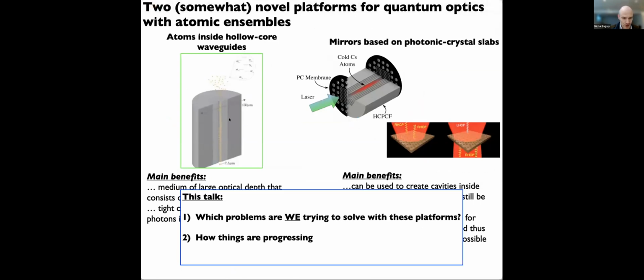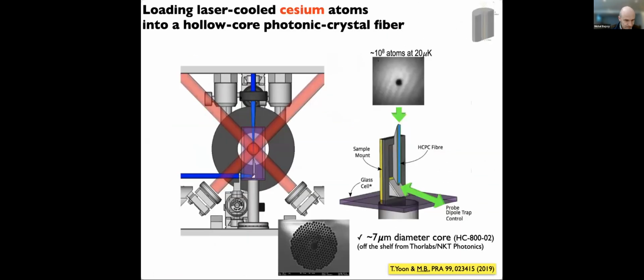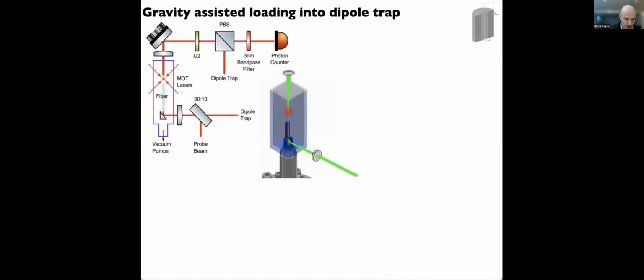So just very quickly, I'll try to talk about the atoms inside the hollow core waveguide and the experiments we are doing with that. So what we do here, we start with a conventional magneto-optical trap, which is the standard workhorse of atom cooling. We create a cloud of atoms with about 100 million atoms at 20 microkelvin, and then we just drop it onto the face of this hollow core fiber. And we also couple what is essentially an optical tweezer into the fiber, so you get a potential that pulls the atoms into the core. So it is not a very efficient process, but it's relatively simple. And the atoms are sucked into the core, and now you can interact with them.